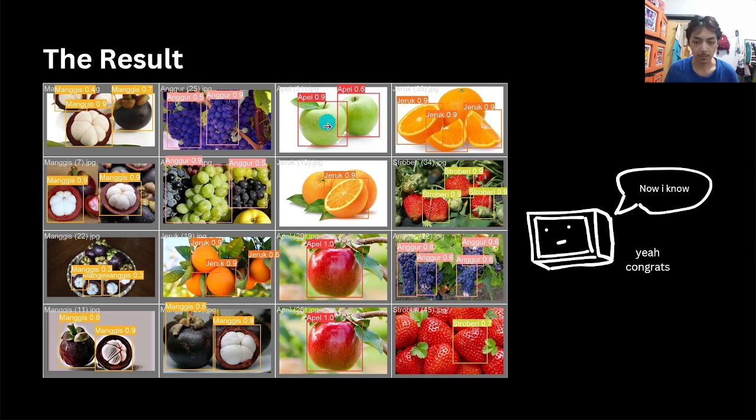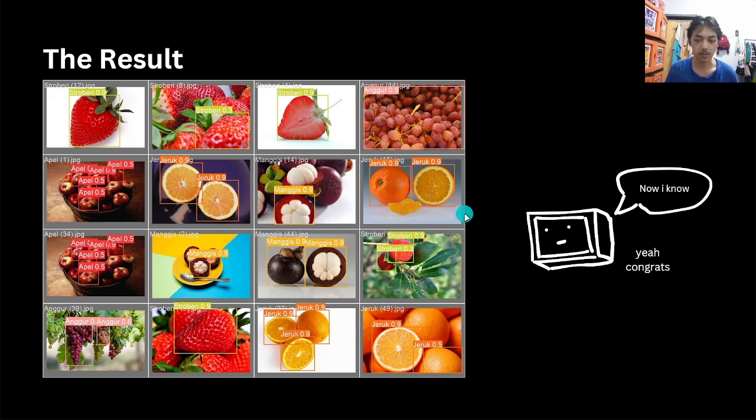Then there's an orange, strawberry, grapes, mangosteens, and this apple has 100% precision. This is perfect, clearly identifiable.